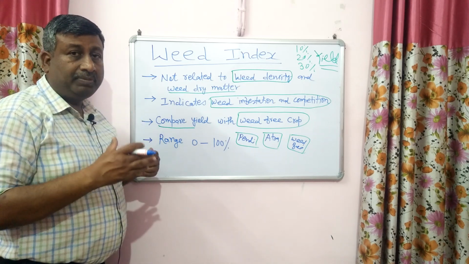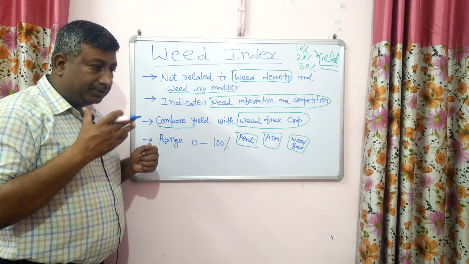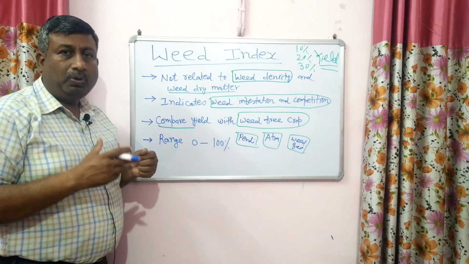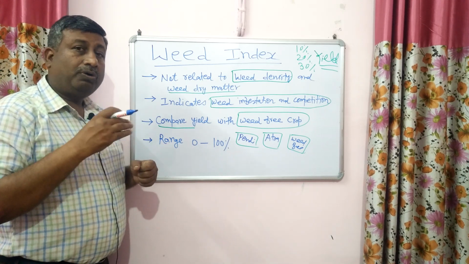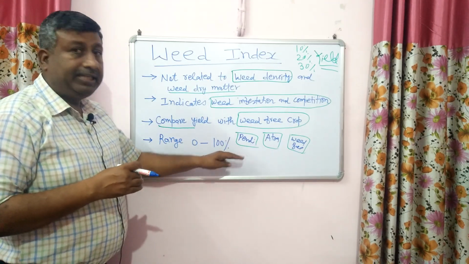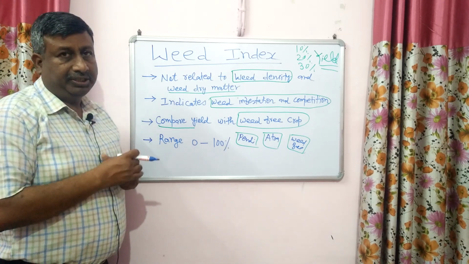What would be the maximum yield that is obtained by weed free crop? तो हम वीड फ्री इसलिए रखते हैं ताकि वहाँ कंपटीशन वीड्स का जीरो हो और जो मैक्सिमम यील्ड आ सकती है उसको हम ऑब्टेन कर सकें. और उस यील्ड को हम किससे कंपेयर करते हैं? जिस ट्रीटमेंट की या जिस हर्बिसाइड की हम वीड इंडेक्स को जानना चाहते हैं.